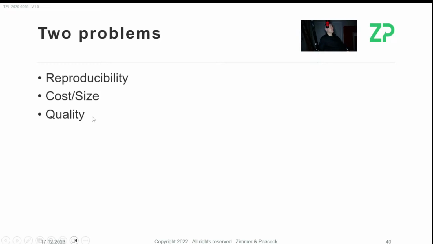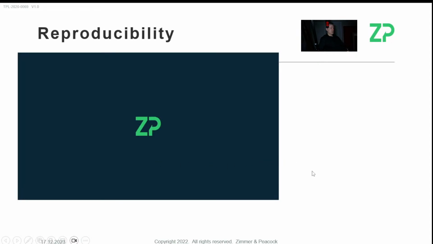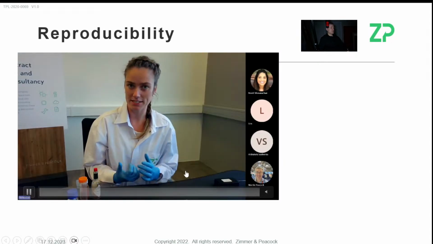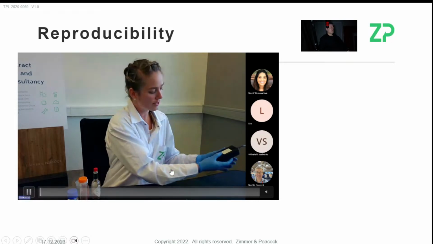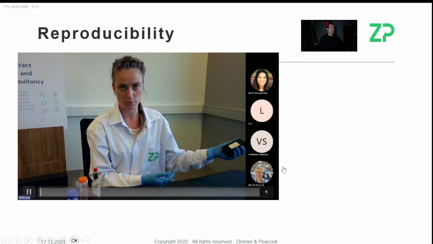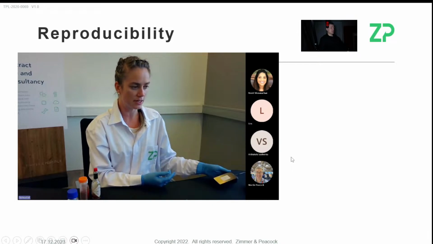And if you don't invest in it, people will just screen print you something, ship it to you, it looks great, and then it's not reproducible. And that's the biggest quality concern I have on this kind of device. When it comes to reproducibility, come to a couple of our webinars. The one on food sensors is a good one. There is a link. I'll put the link underneath the video at the beginning of this.